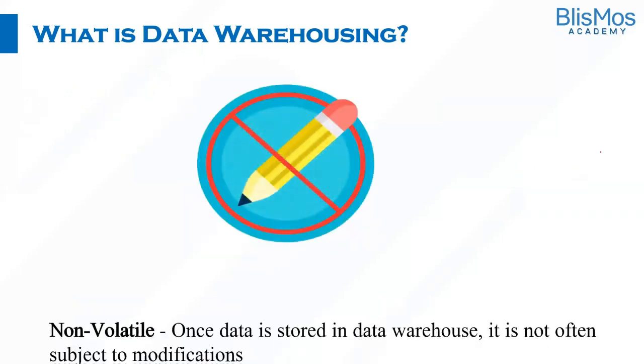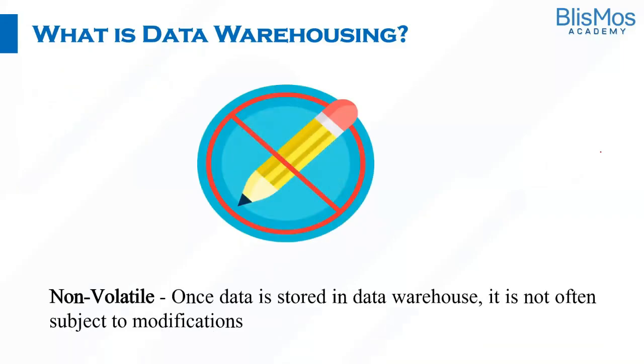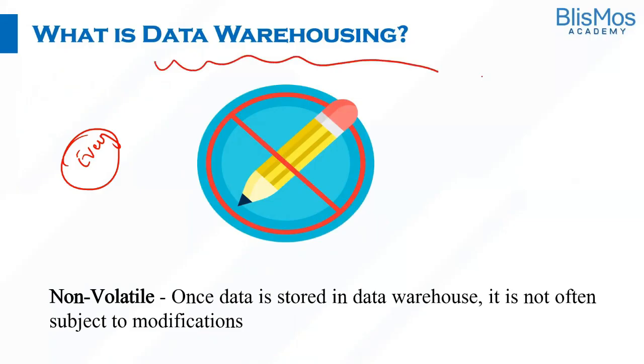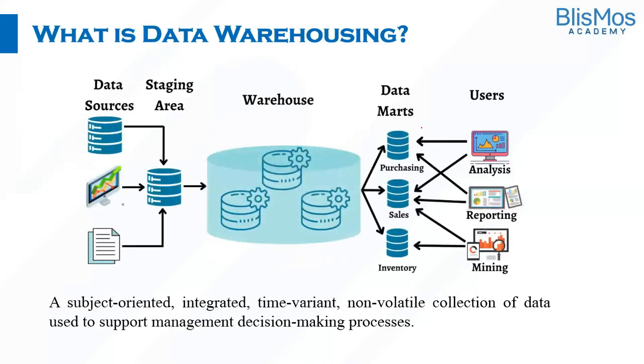And the last one is that data in a data warehouse is non-volatile. In transactional processing, there may be a chance that every second the data gets updated. But that is not the case in a data warehouse. It is relatively non-volatile compared to operational or transactional systems. Wonderful. Just to conclude, a data warehouse is a subject-oriented, integrated, time-variant, non-volatile collection of data used to support management